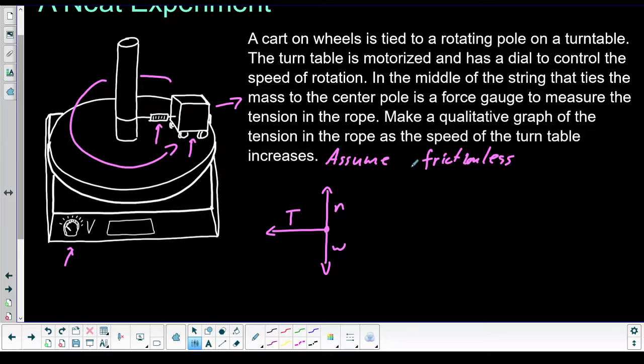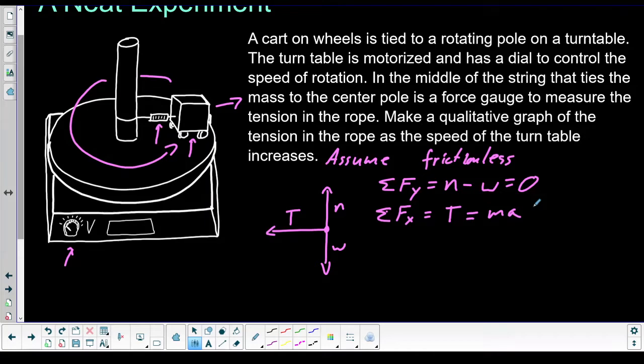Let's maybe look at a sum of forces equation in both directions. Sum of forces in the vertical direction is the normal force minus the weight, and it's going to equal 0. Our block on wheels here isn't going to accelerate up or down. It's just going to spin around in a circle on the table. Our sum of forces in the x direction are equal to just the tension, and that equals ma because of